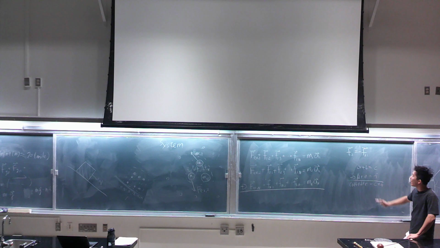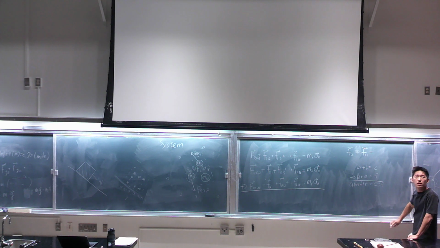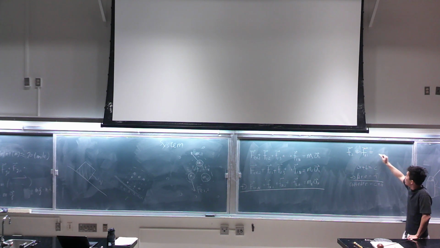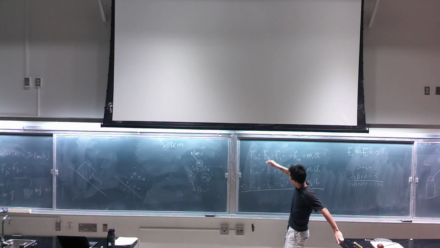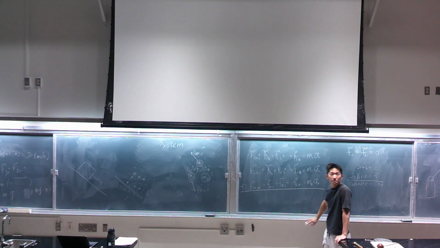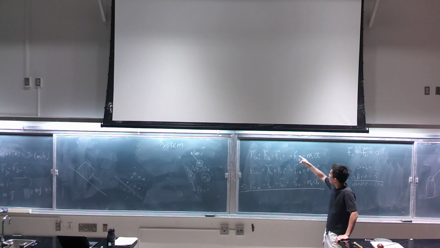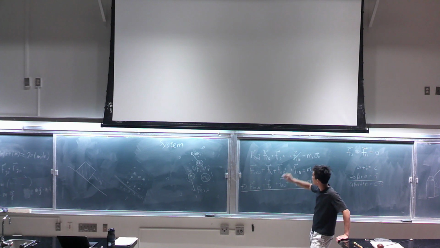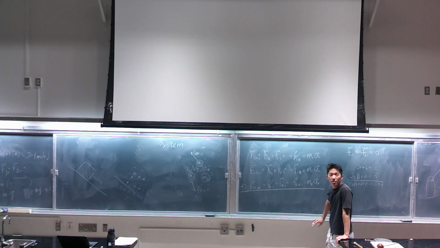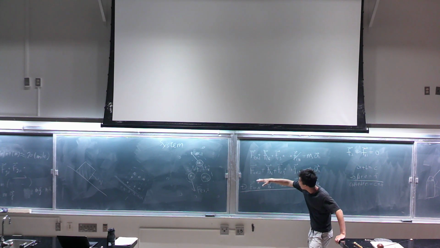So if I add them together, what will I get? Good, 0. So these two cancel. Okay? Similarly, if I look at F1n, there's an Fn1 over here, and they also cancel. Let's look at F13. Down here, there's going to be